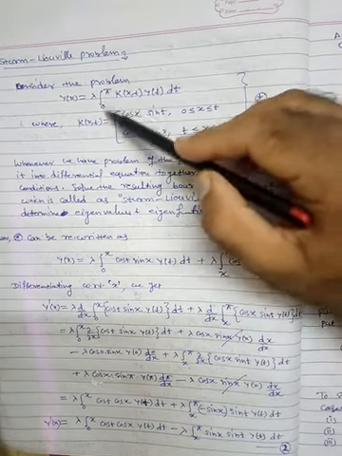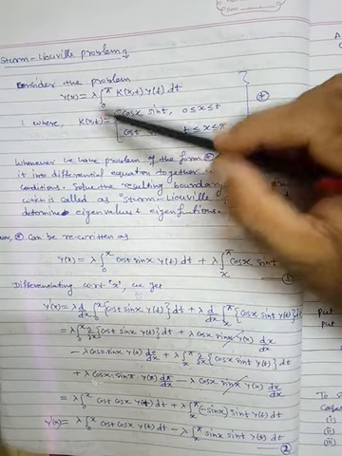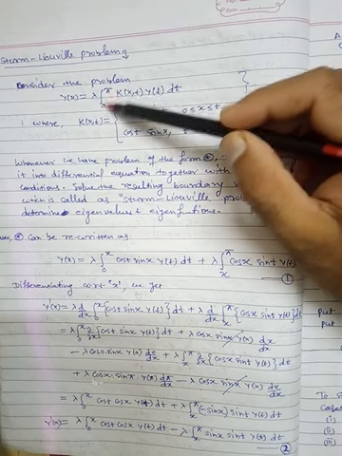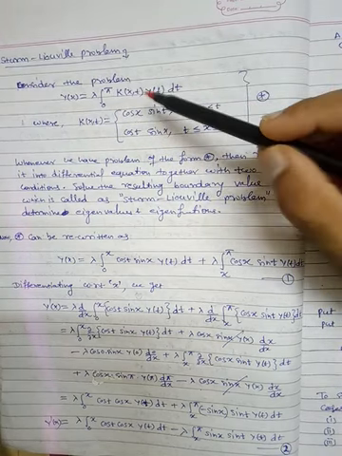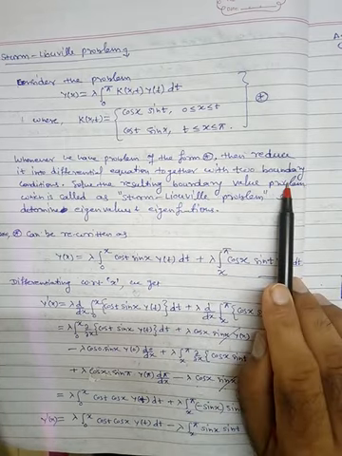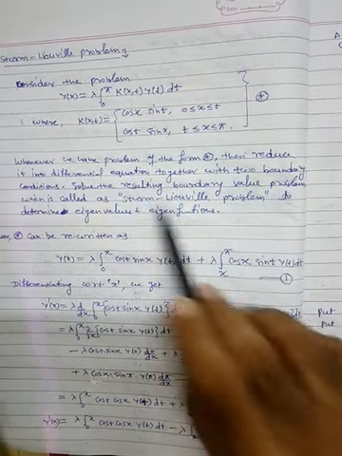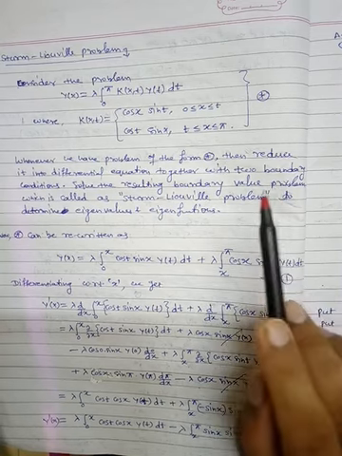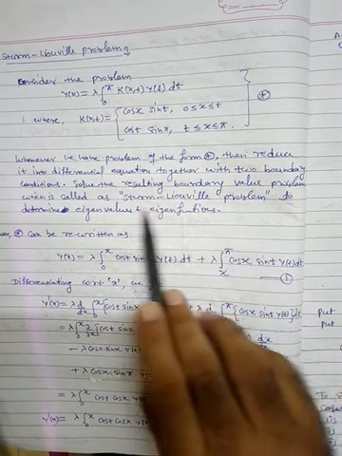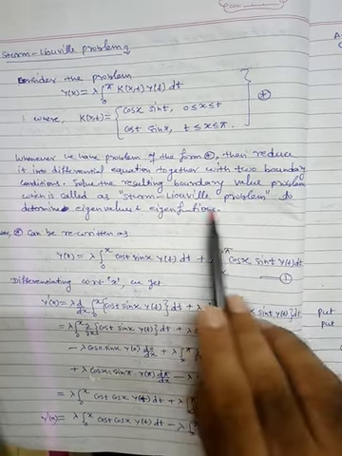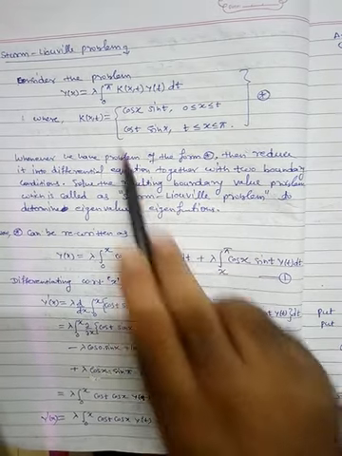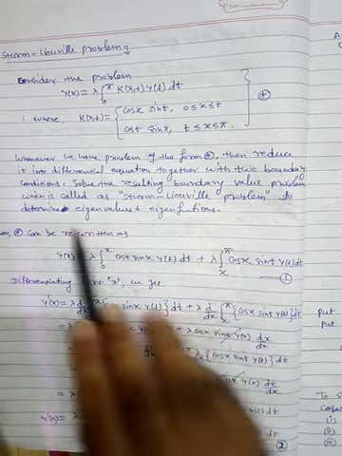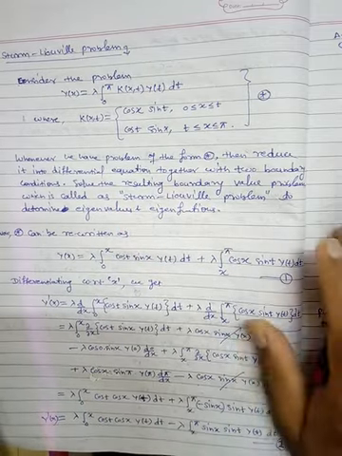Fine. Since this is a Fredholm integral equation, we have already seen that whenever we convert such an equation into a differential equation, we get a boundary value problem, because we have fixed limits. That's why this will be a boundary value problem. We will solve that problem, and this is known as the Sturm-Liouville problem. Our ultimate task is to find the solution, and this solution is known as the eigenvalues and eigenfunctions. Fine. So let's see how to implement this.